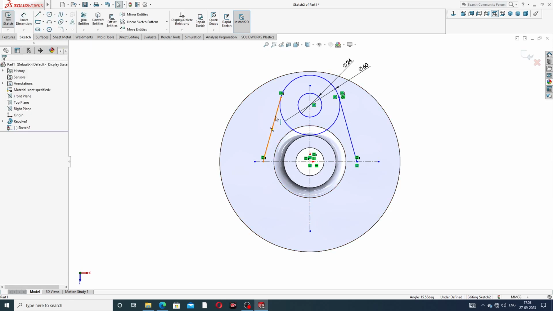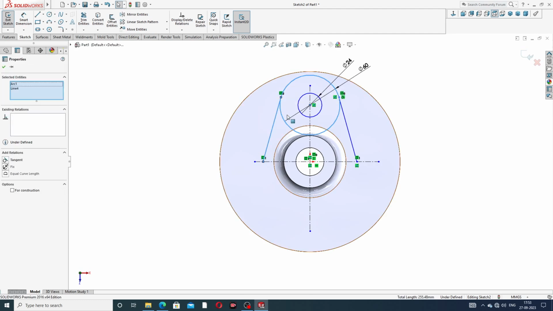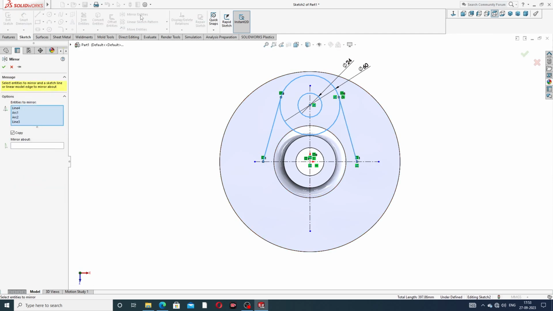And again select all, press the control button and select all here one by one, and use mirror entities and going to mirror about this, click